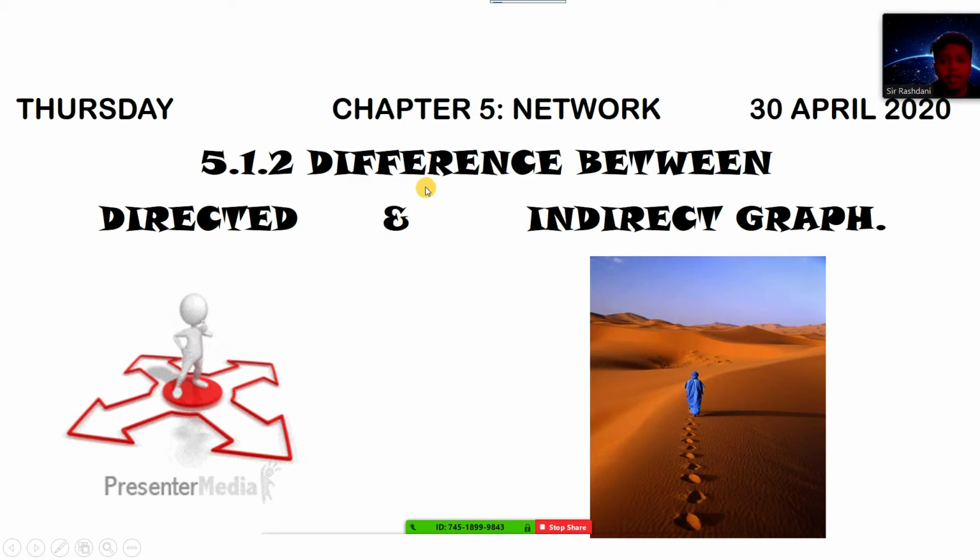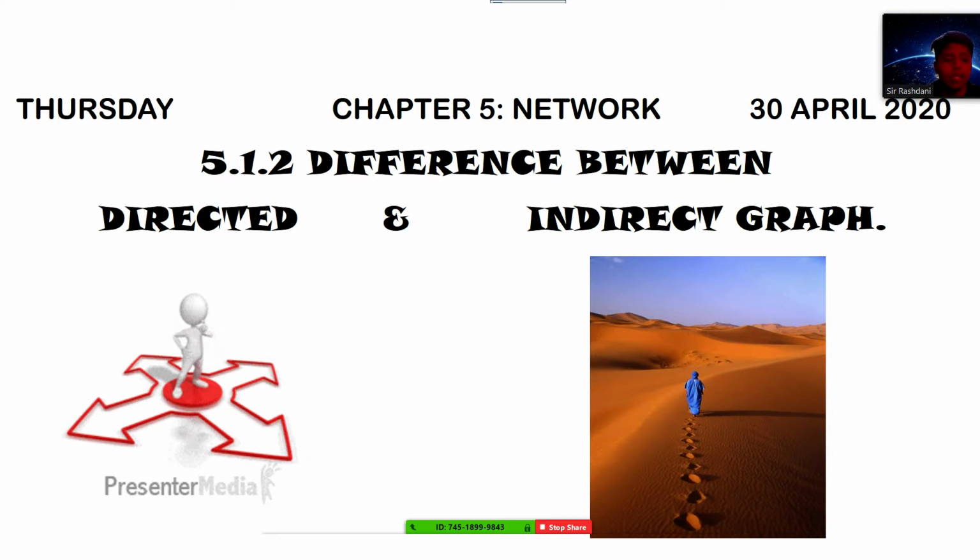Today we will learn about a new subtopic in chapter 5, which is 5.1.2, difference between directed and undirected graph. What is the difference between these two graphs? Basically,